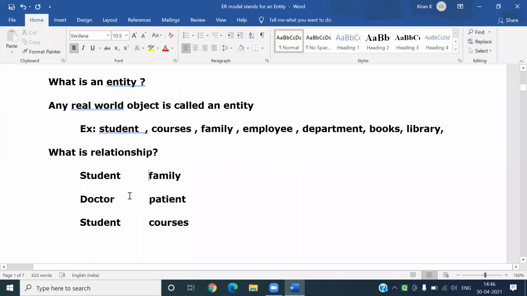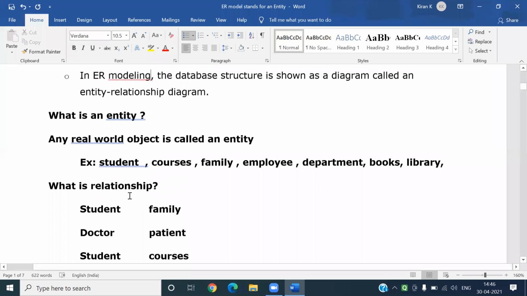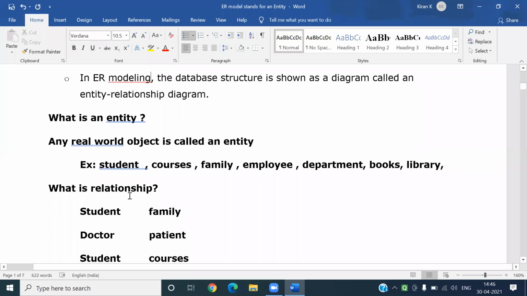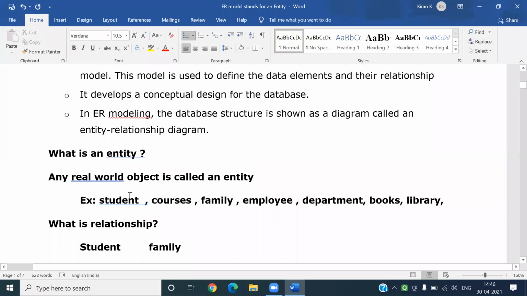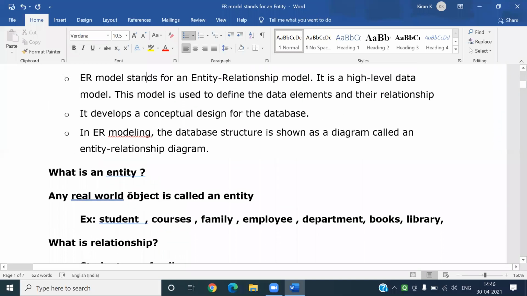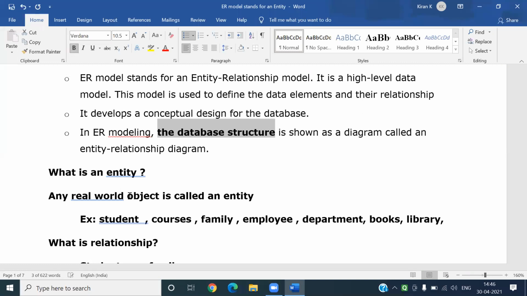And all such relationships are shown with a diagram. That diagram is called the entity relationship diagram. An ER diagram depicts the total database structure.